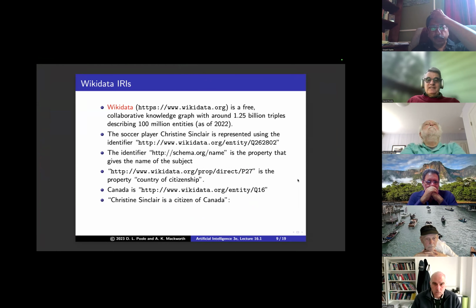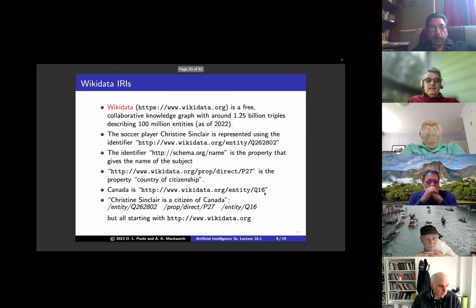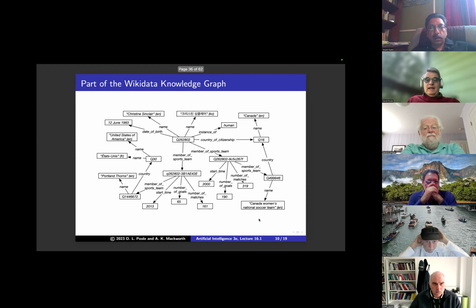So to say Christine Sinclair is a citizen of Canada, you'd write the identifier for Christine Sinclair, this whole thing here. Then the relation is P27 and the entity is Q16. And here is a part of the Wikidata knowledge graph.